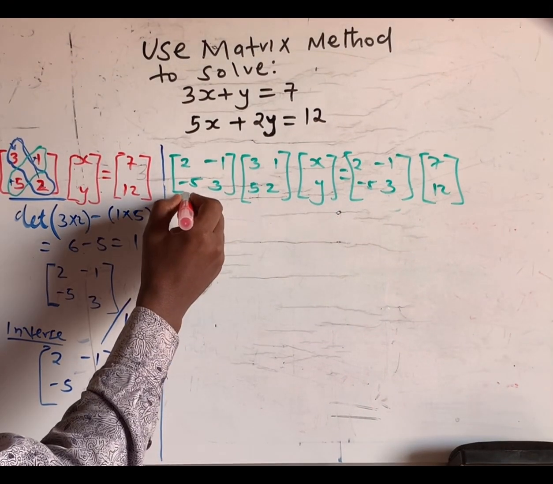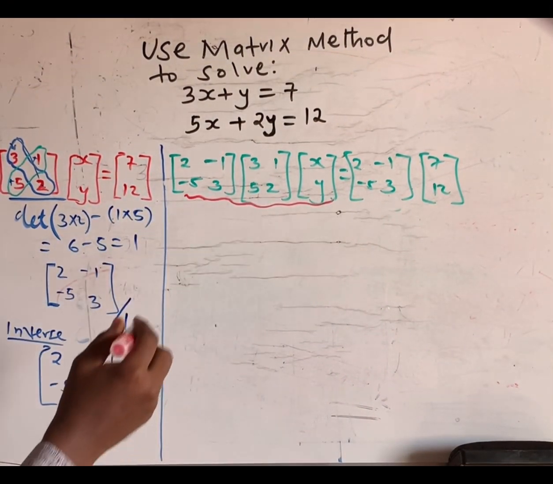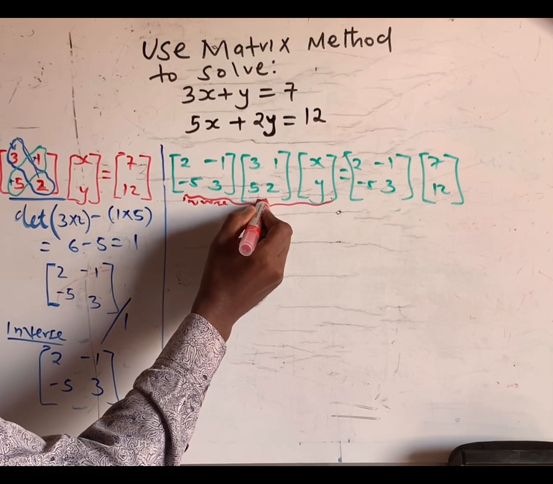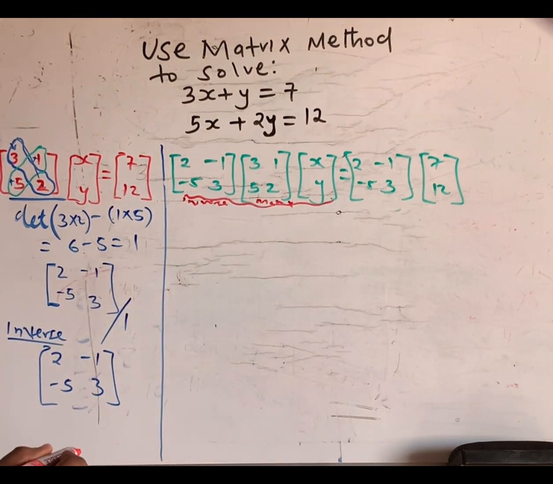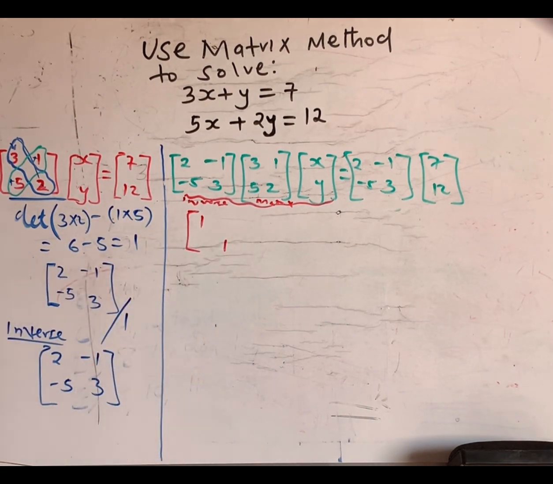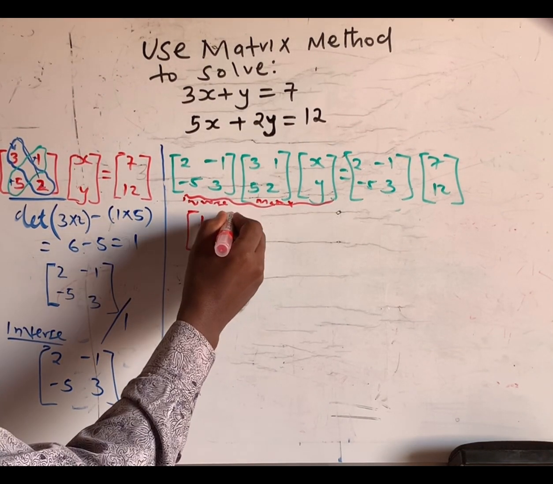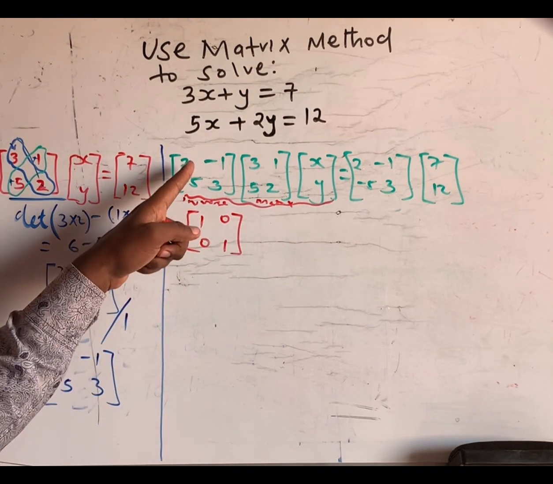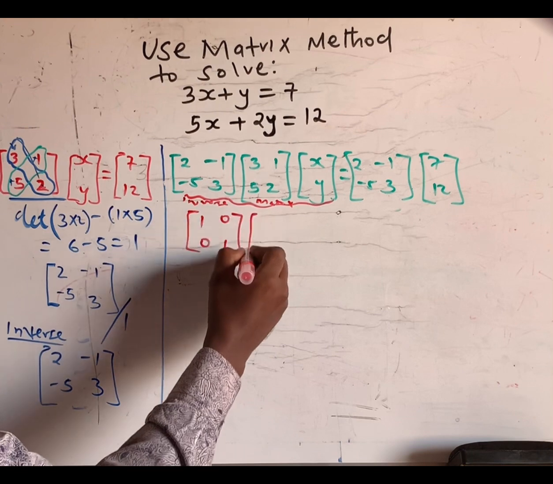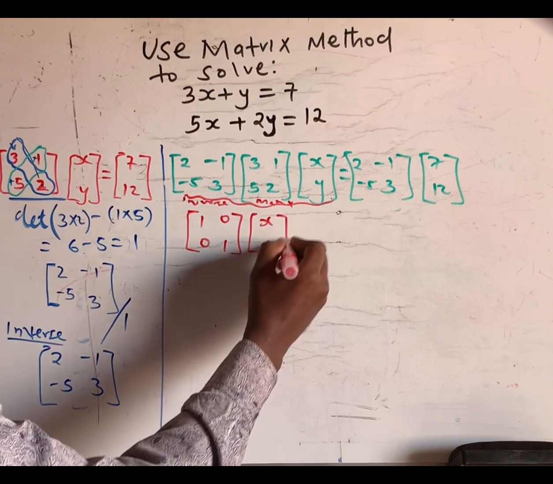Look at the left side of this equation. If you multiply an inverse and its matrix, we will get a matrix called the identity matrix. Identity matrix is a matrix that has 1, 1 in the main diagonal and 0, 0 in the other diagonal. So the result of multiplying these two will be 1, 0, 0, 1, and then multiplied by xy is equal